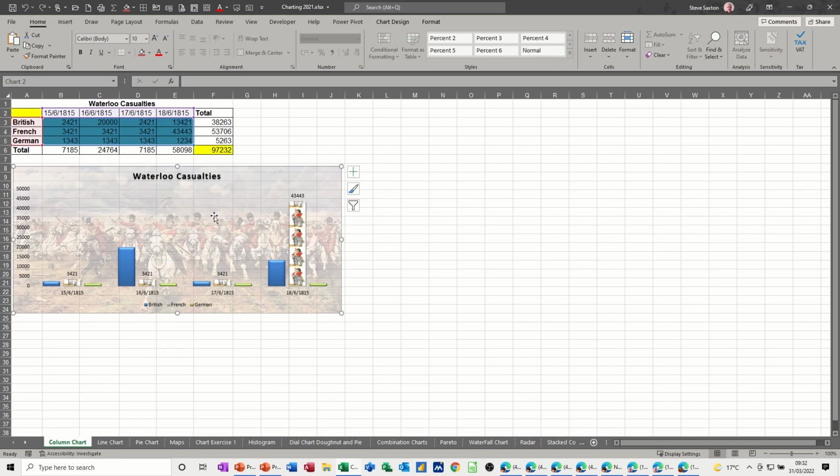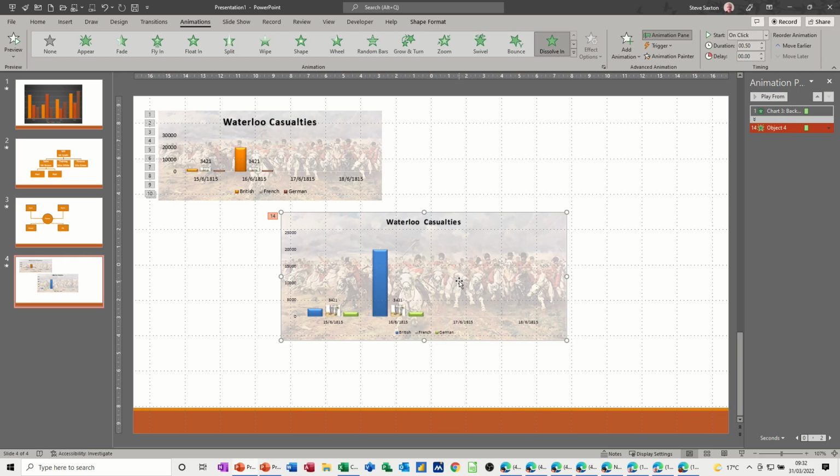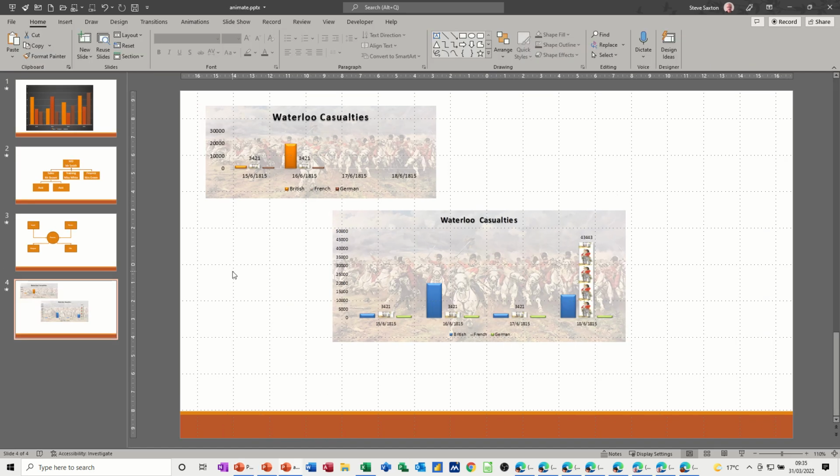So basically, if this data changes, then the data in PowerPoint will update, like so. So that's good, but obviously you can't do what we did with this. Now you may have noticed that when I updated the Excel that this also picked it up, and that's because the files were still open. What I've done now is I've saved this file as Animate, and I've closed this file down